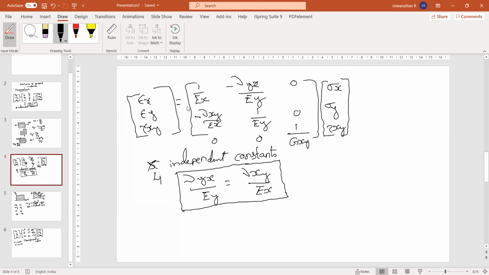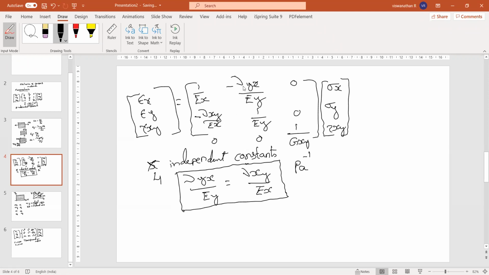So can I say Pascal inverse? Yes, sir. Newton per meter square is Pascal. So this is Pascal inverse. If this is in GPa, it will be GPa inverse. It may be MPa inverse or GPa inverse, depending upon the values of G and E.